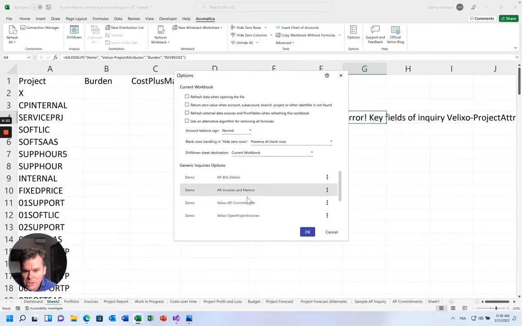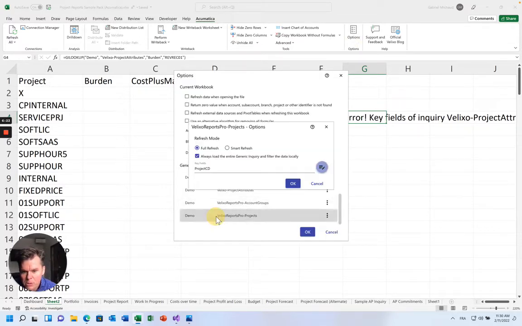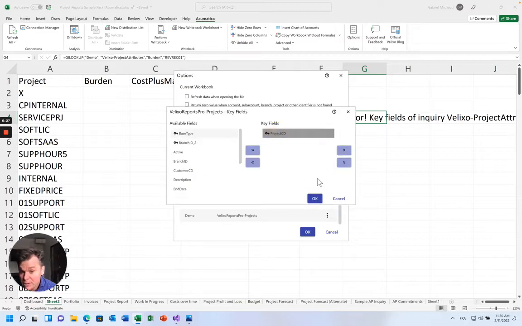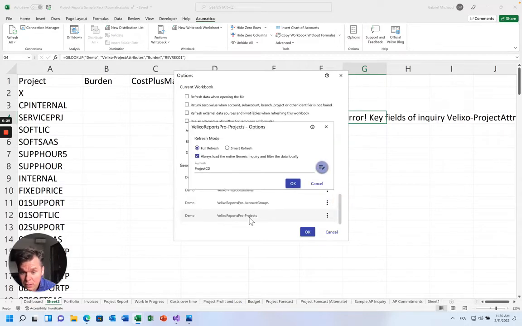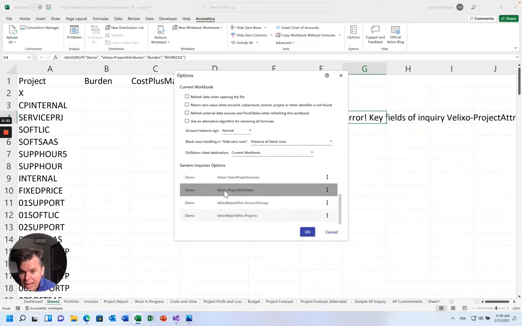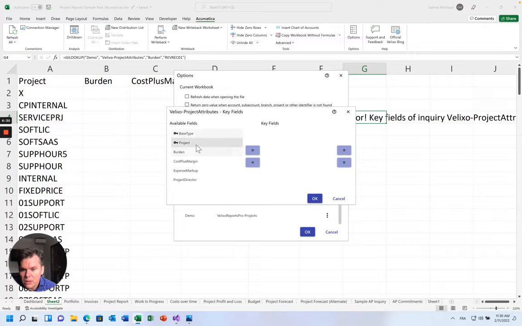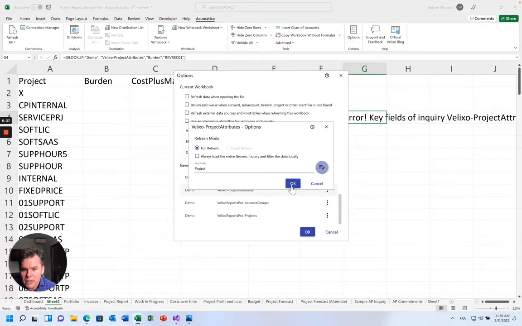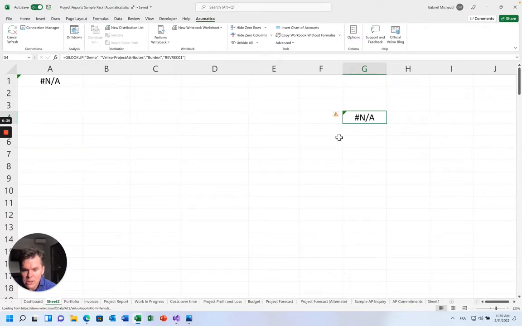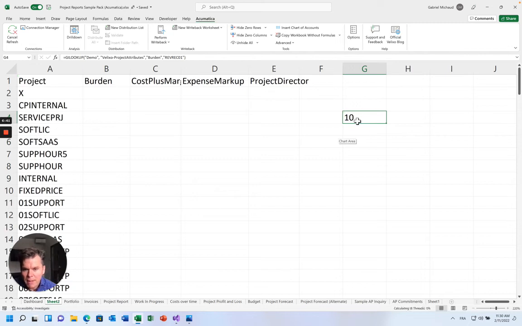Let's go to options, find my inquiry, so just double click, and I will add, it's actually already there. No, it's not project, it's project attributes, this one. Key fields, project, okay, okay. You just do that once in your spreadsheet, and then as you can see, we have the value. Okay, so let's take that here